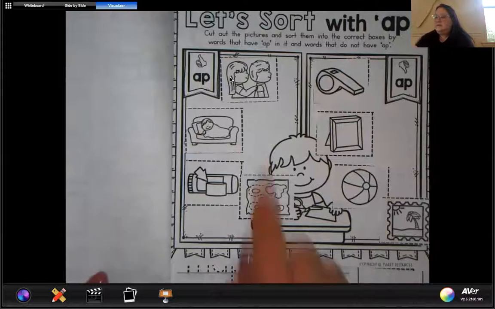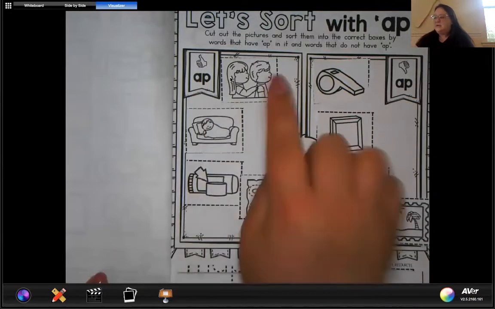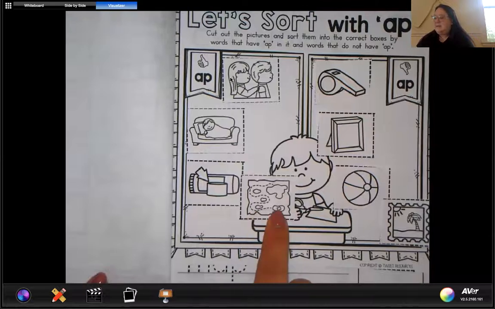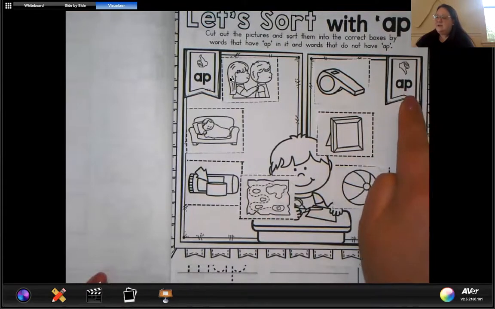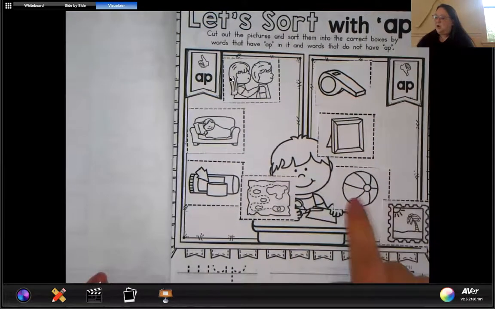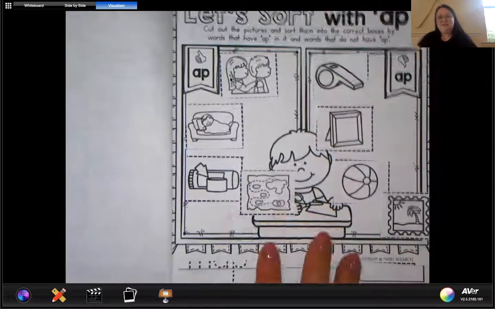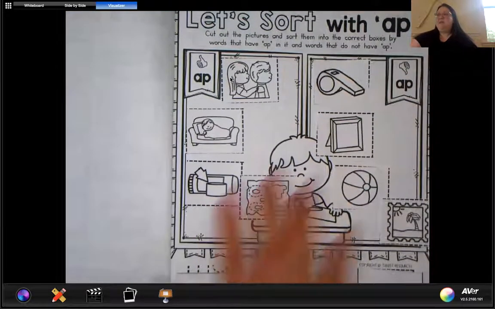Okay, so the words that we decided have the app sound are tap, nap, cap, and map. And the ones we decided do not are whistle, frame, ball, and stamp. Okay? All right, so if you're not done with this, you're still gluing in your pieces, go ahead and press